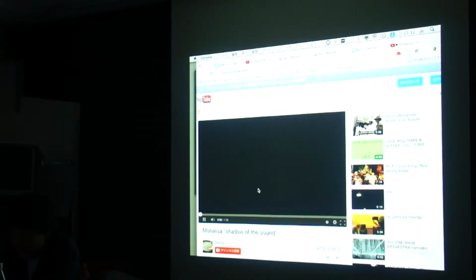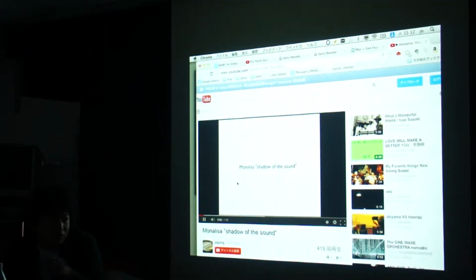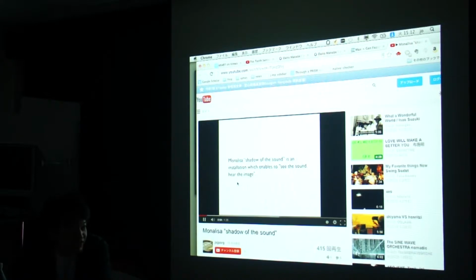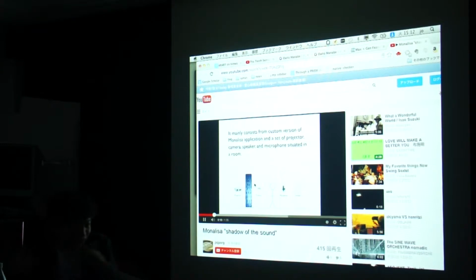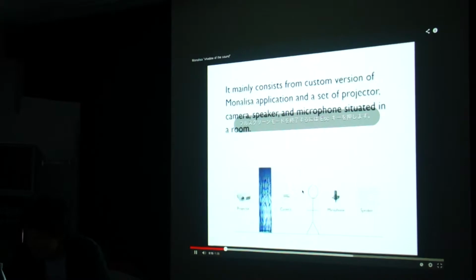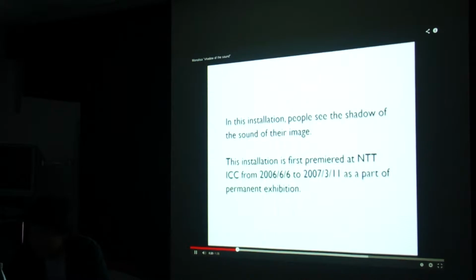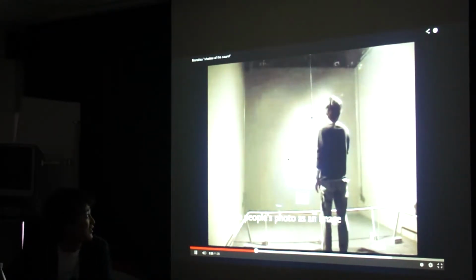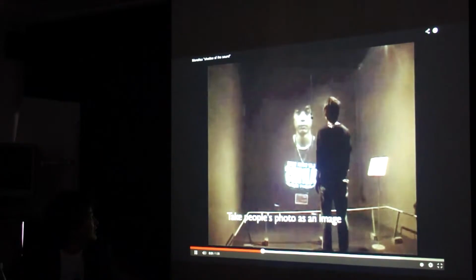With the installation, you could listen to your image as a sound first, then you could see the sound as an image. It's kind of complicated, but at first, the camera took your image. Then our code converted the image to sound. Then the microphone caught the sound to make the image. So the sound is coming from the speaker from behind of the